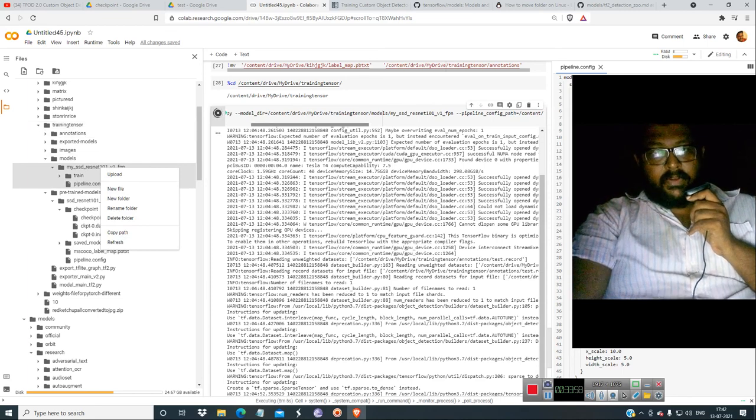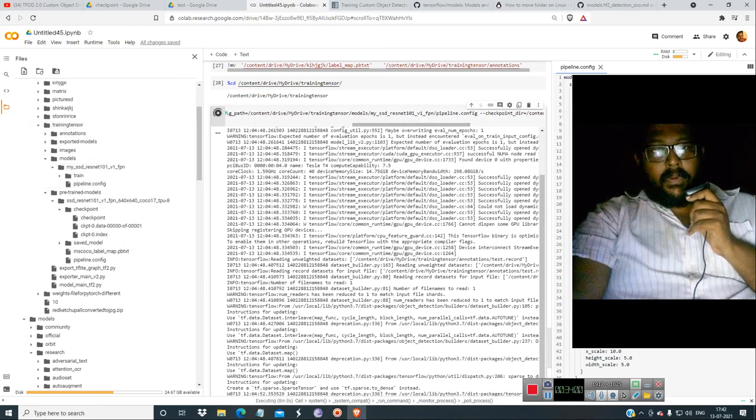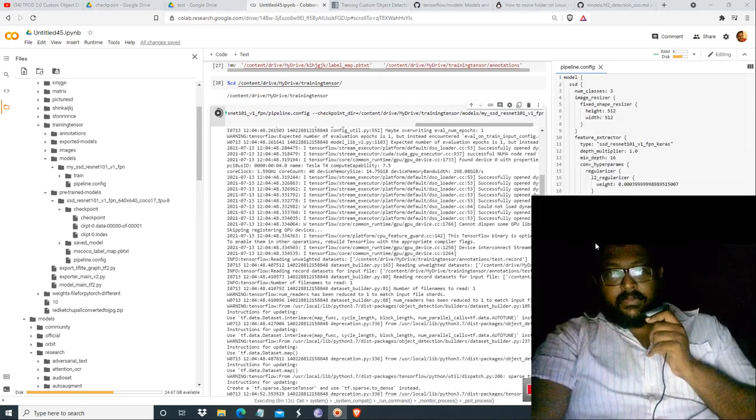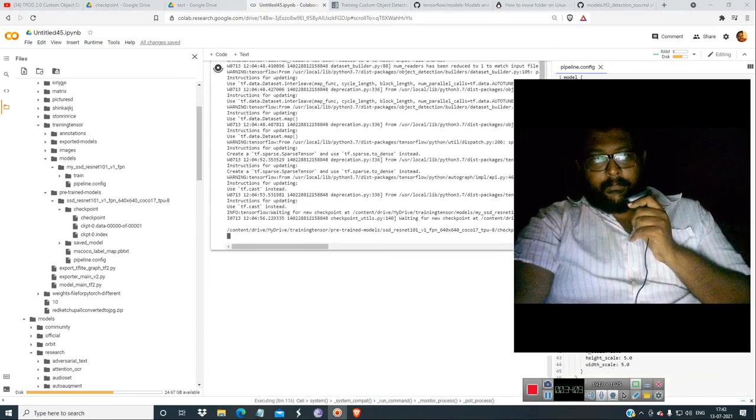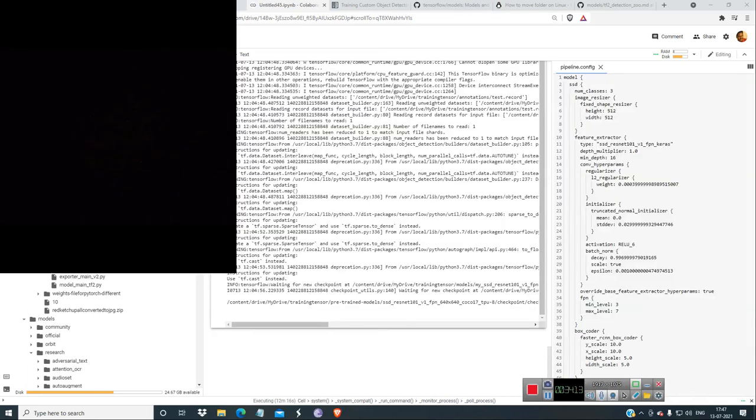We have given the pipeline config file correctly and set everything correctly. So let's hope that this works. It will take a lot of time; it is a very huge file, so you have to wait for the training to start. Almost it has been done.